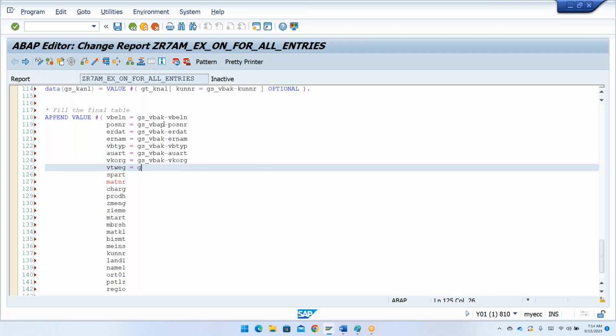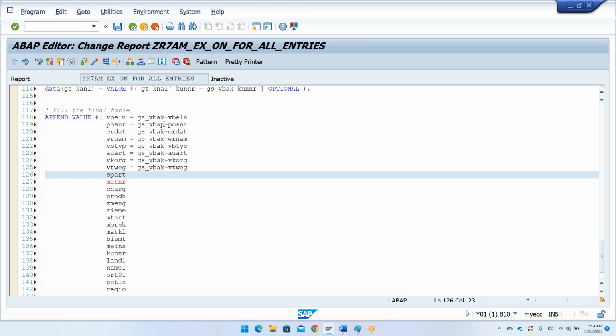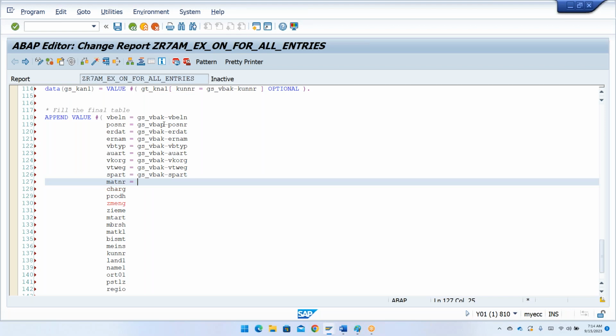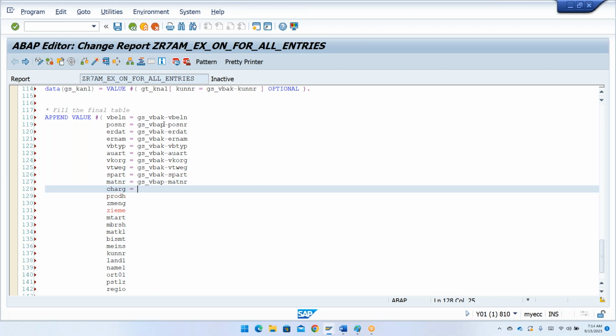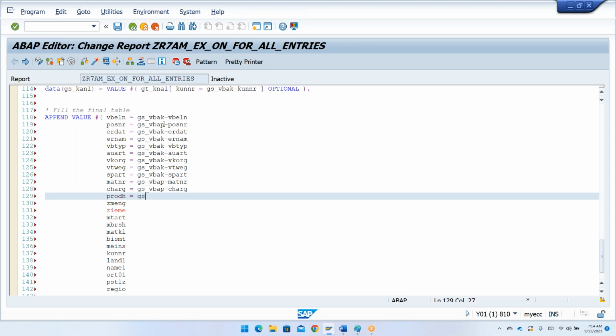The next one is GS_VBAK-VTWEG, and the next one is GS_VBAK-SPART, and the next one is GS_VBAP-MATNR, and the next one is GS_VBAP-CHARG, and the next one is GS_VBAP-PRODCH,